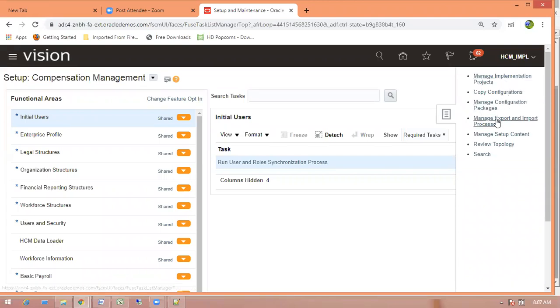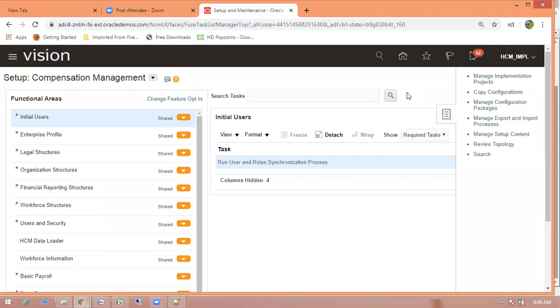So in FSM, you'll be having different tasks here: manage implementation projects, copy configurations, manage configuration package. Moving forward, we are going to discuss, once you've done the setup, how to migrate from one pod to another pod, one instance to another instance. We cannot do it manually, right? Suppose the client has 4 pods, we cannot create setups manually in all 4 pods. We need to copy. So how to copy the configuration?